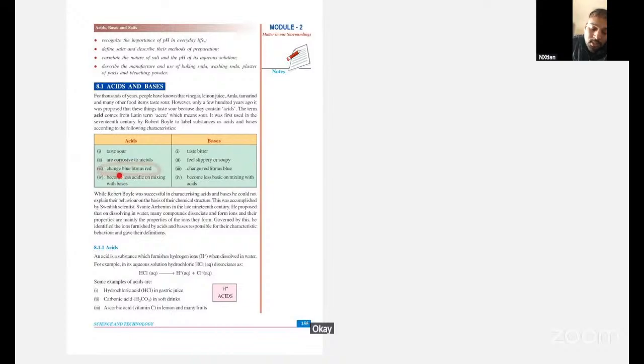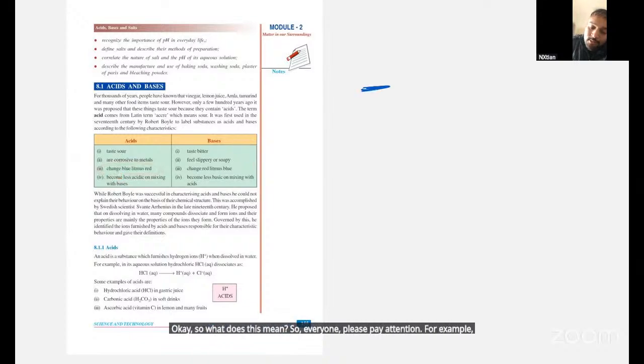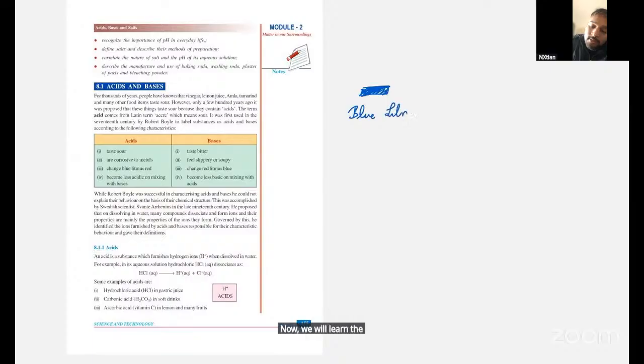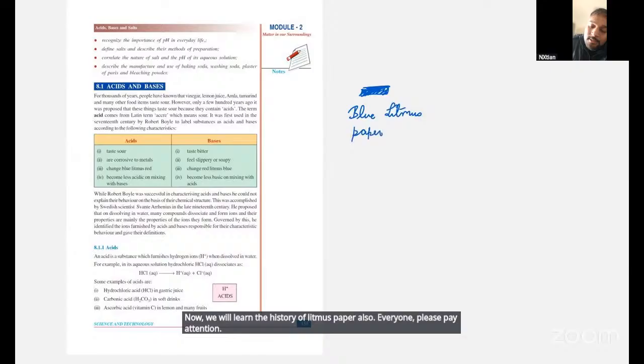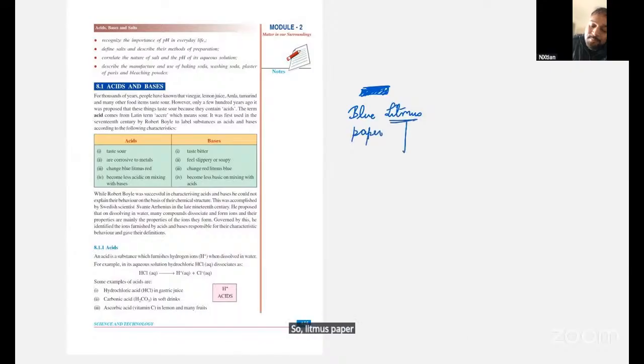So what does this mean? Everyone please pay attention. For example, I have this blue litmus paper. Now we will learn the history of litmus paper also. Litmus paper is basically made up of lichen, and this lichen is a symbiotic